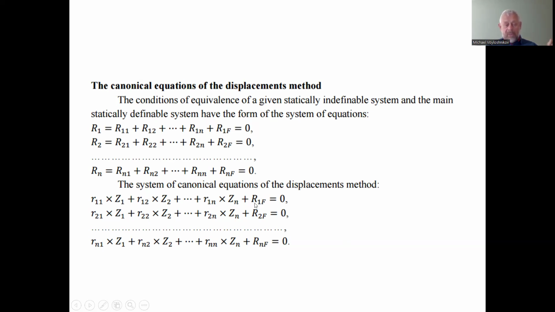This is the free summand of the canonical equation. It has to be equal to 0 because in the actual state of the assigned system we do not have the extra supports; we have now the extra sliding impedance which limits rotation of the nodes,